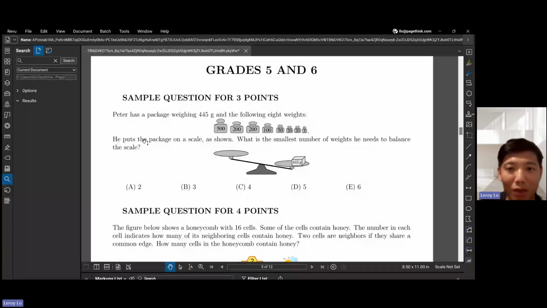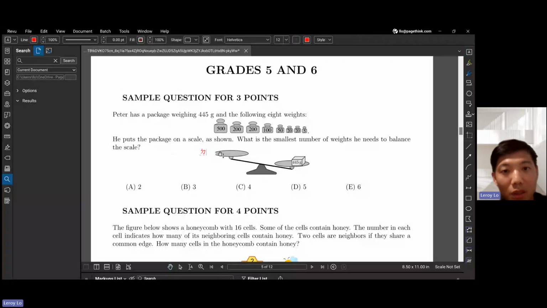So in order to balance left and right, we need to have the same weight on both sides. We have 445 on the right side, so we should have 445 on the left side as well. So we use the red colors. In order to use the smallest number, we use the biggest weights, but cannot go above 445. So we use 200, and then we use